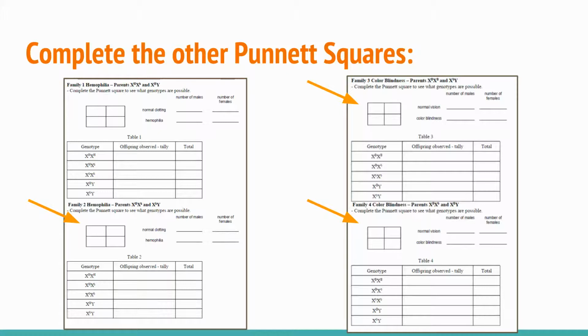So here are the other 3. You have family 2, which has hemophilia. The change is that the father is a hemophiliac. Family 3 has color blindness. The mother is normal and the father is colorblind. Family 4, the mother is a carrier and the father is normal. So you might want to pause this video so that you can get these completed before we actually create the